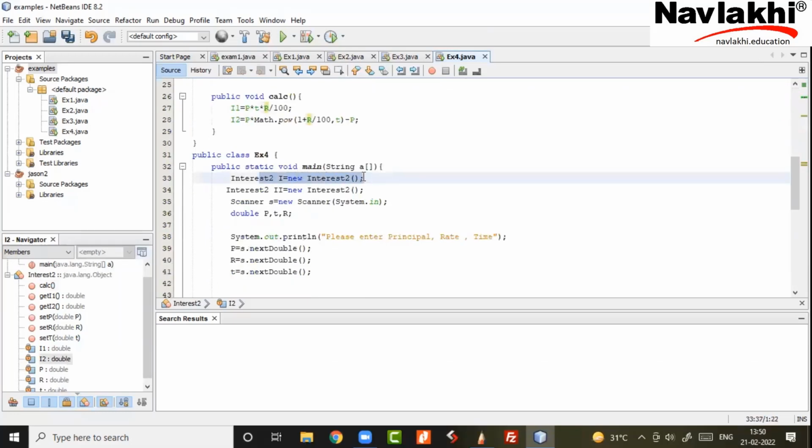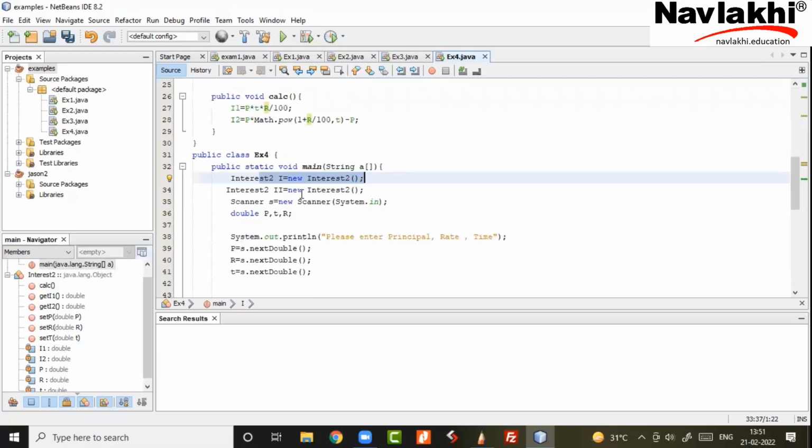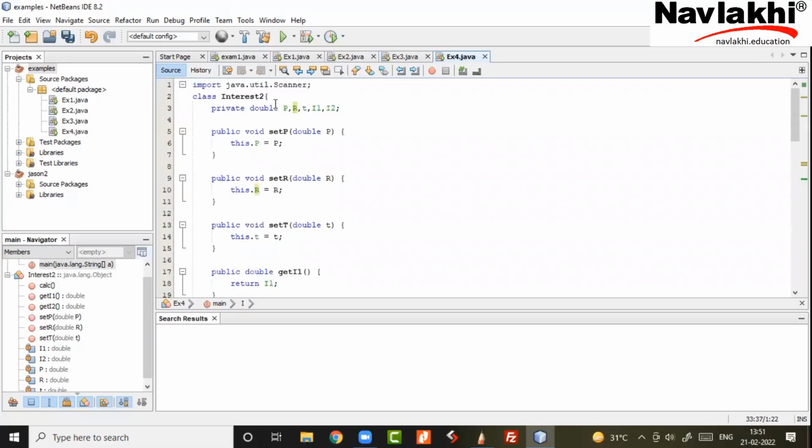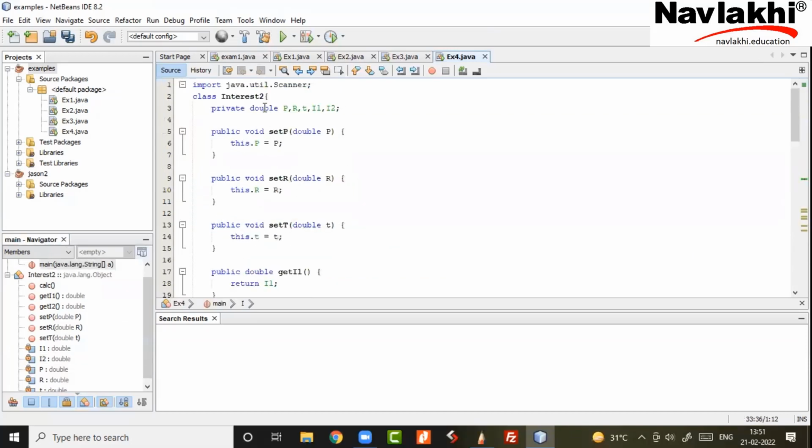So when I say Interest2 I is equal to new Interest2, what happens with this line? Memory gets created. Memory for whom? I's memory is created. But what will that memory have? That memory will have these 5 things. Because I is of type Interest2, and I'm saying new Interest2, I will have memory for these 5.